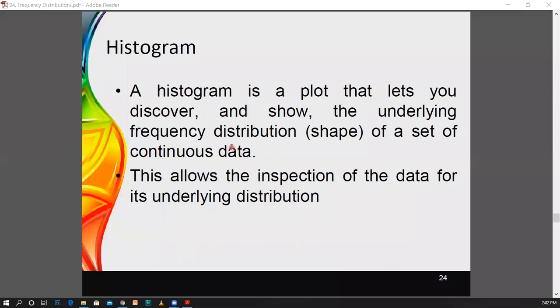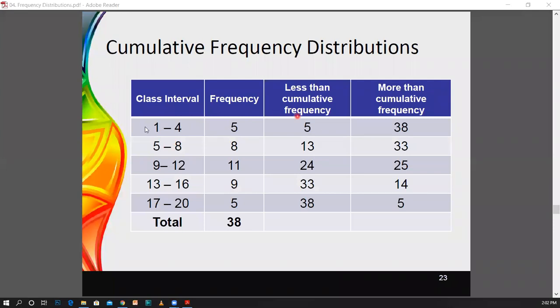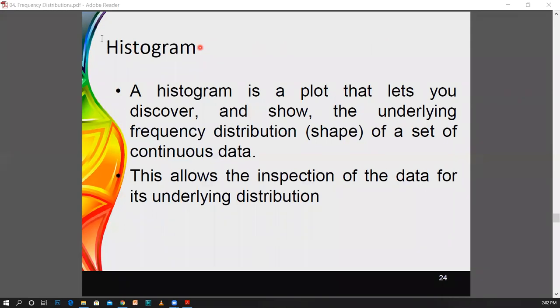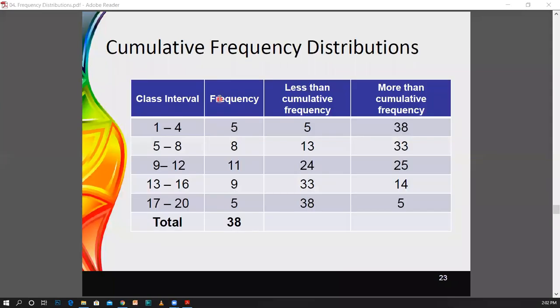It is quite like this. Now think about this is the frequency distribution you are having. If you just need to identify the shape of this data set, then you can use a histogram to fulfill that need. Therefore, histogram is a plot, a data representation method, and this is associated with the frequency distributions.